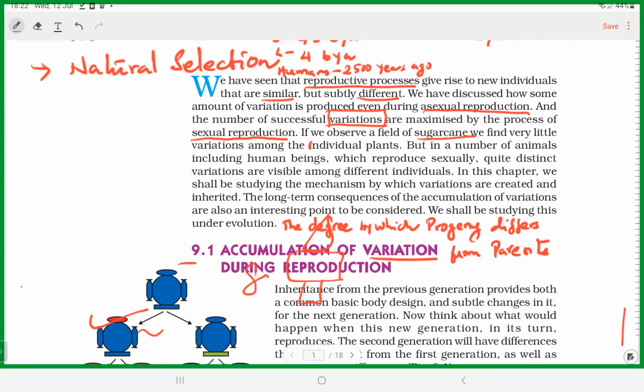Okay, so even in sugarcane you have varieties. That's because of what? Variation. Can you understand? Fine. And when organisms reproduce sexually, definitely variations are visible. If the variations are somatic, they won't get inherited. But if it is genetic level variation, new species may form. Can you understand? So that is what we should focus on much in